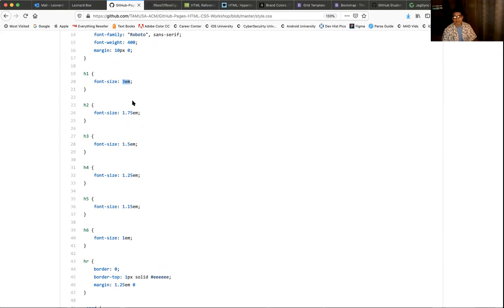It just makes it a little easier for you to work with and to do ratios and stuff like that. The third one is REM, which is relative. So where the EM is a set height or width or whatever, the REM is relative to the item that's next to it. So if, for example,